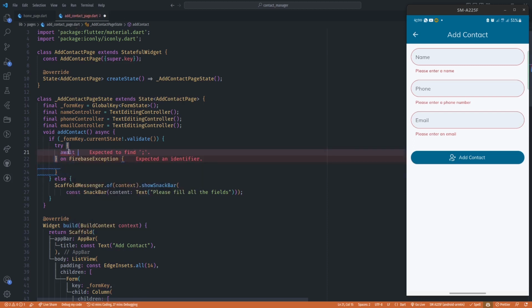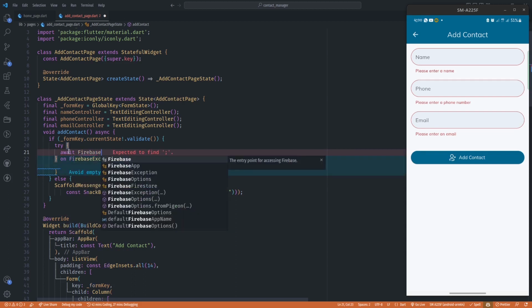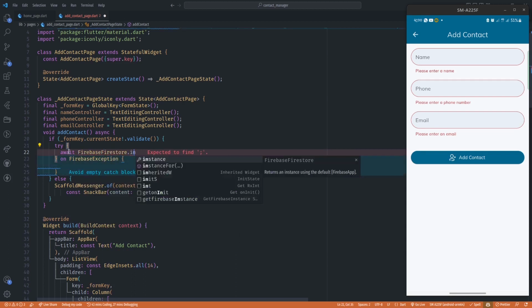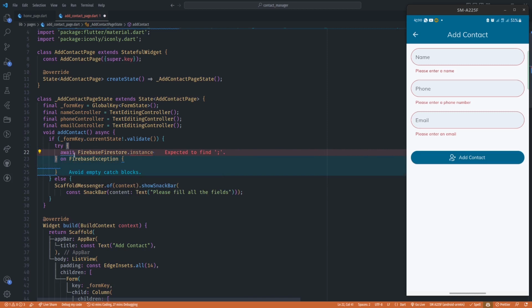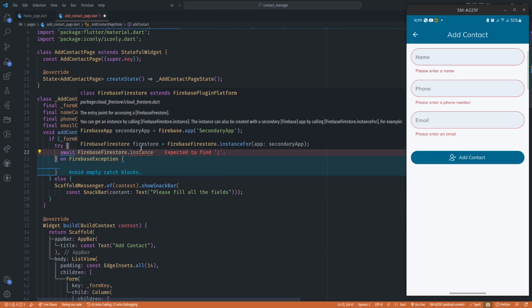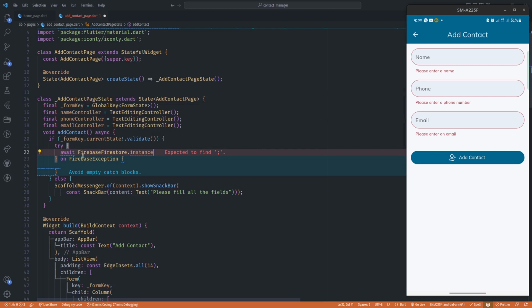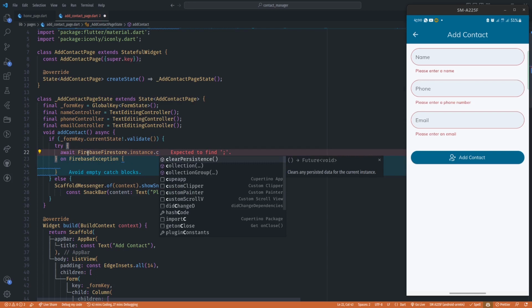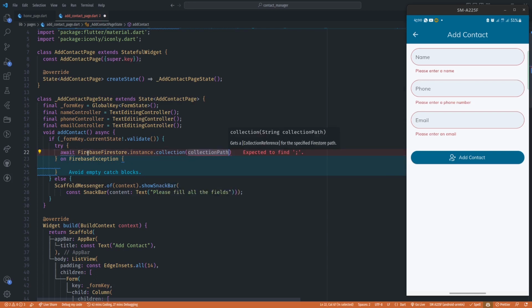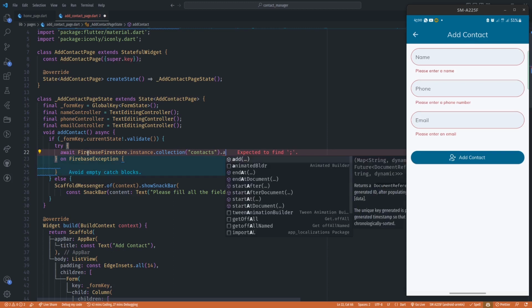So I'm going to await Firebase Firestore dot instance. So this is our database. This Firebase Firestore dot instance is our database. Now we have some methods on it, so we can call dot collection, and then the name of the collection we want to refer to, right? So we want to refer to the contact collection, which does not exist yet, but Firebase will create it for us because it does not exist. And then we want to add something to this